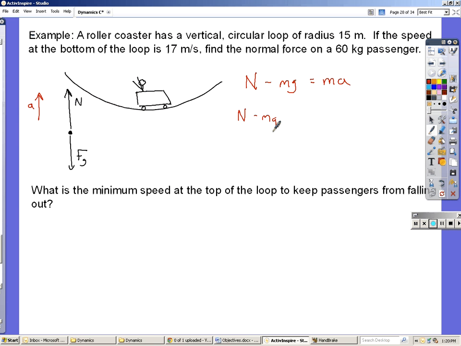And so n minus mg equals m times v squared over r. And now we solve for n because we know everything else. And we have n equals m times g plus v squared over r. And if we plug in numbers at this point,